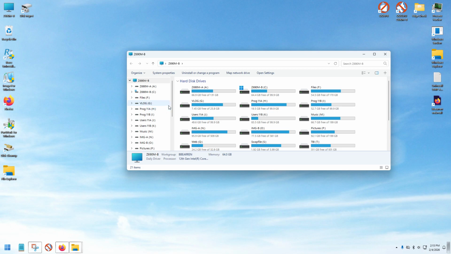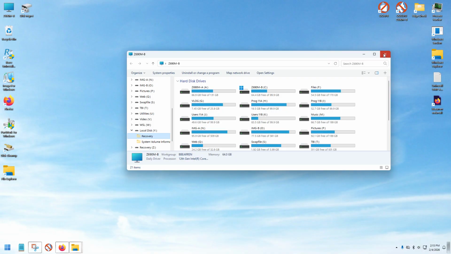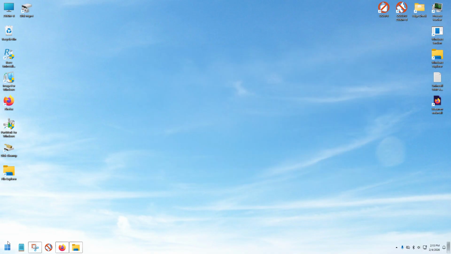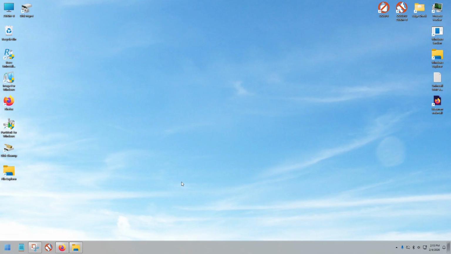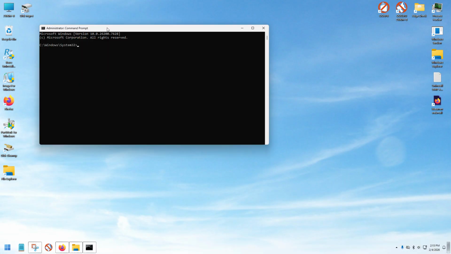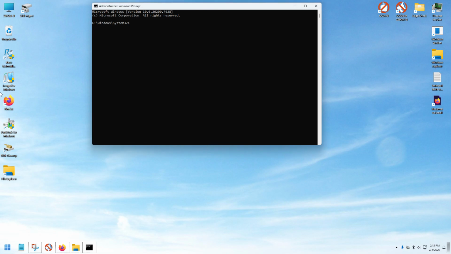Now let's look and see what we have. If it'll let us look. It may not. No. So we'll have to look through the command prompt. So let's do that again. Run as administrator. I often talk about the things about Windows that I don't like and what I change. But I must say that I do like the snipping tool. It is very handy. So let's go to Y